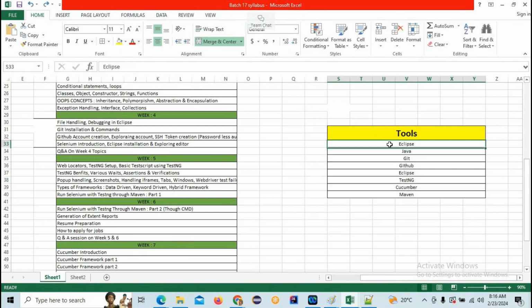Eclipse is the editor to write code. Java supports as the programming language. Git, you can use to push and pull, how to add your code into the repos. Next, GitHub. Next, TestNG, it's a framework. Cucumber, it's a framework. Maven, it's a build tool. And the page object model, which we are using in the current market. These are the things you guys are going to learn in the